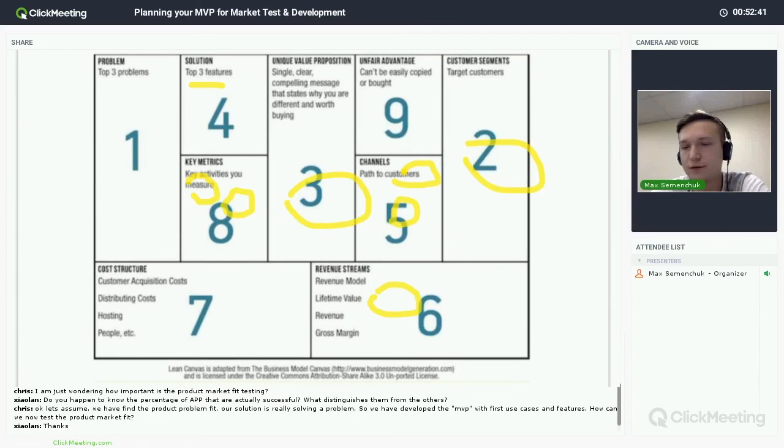Or you have some assumptions. You think that you could push advertising through Google or Facebook, and you will get your typical user for $1. And out of 10 users, one will buy, and he will get you $20. So for each sale, you need to get 10 users at a dollar. So you think that you will invest $10 and get back $20, right? So this is your assumption about how it should work.